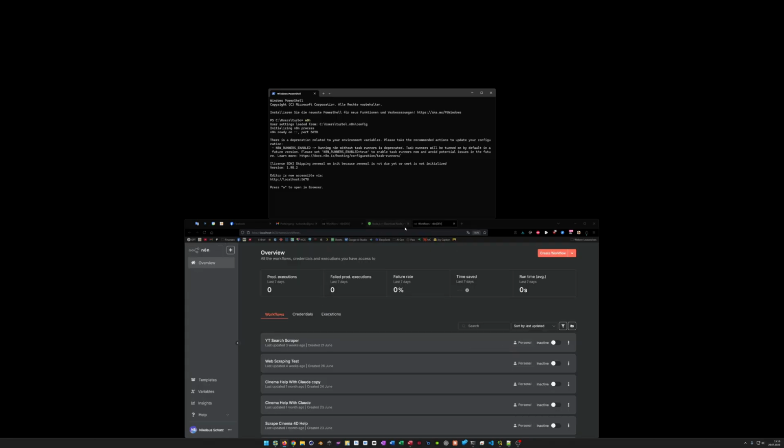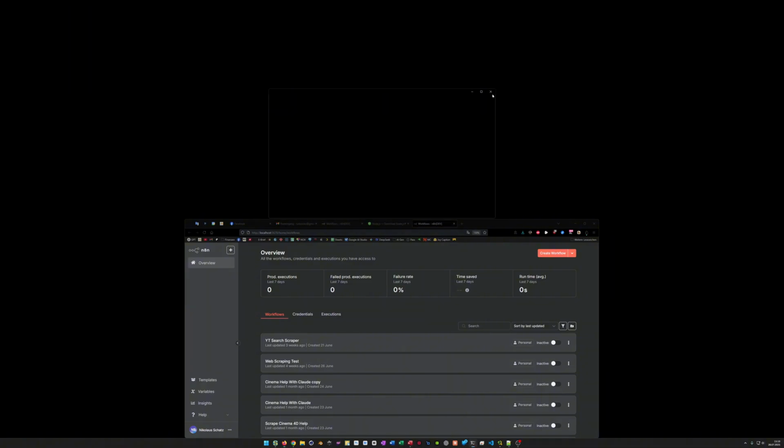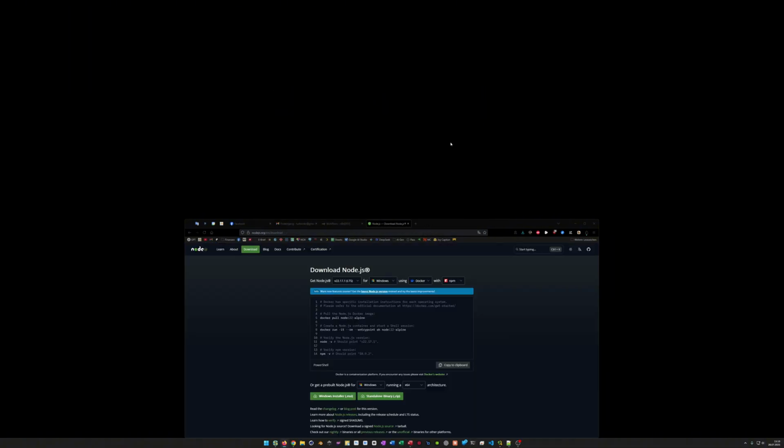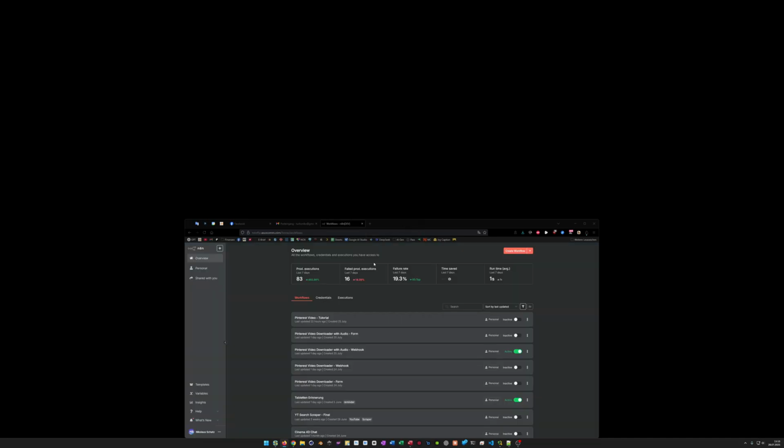So I close this one. I can stop this here with Control C, stopping n8n, and close this. You can simply close the terminal window, and then it will close automatically. So this we don't need. Let's say now we have installed everything. Good. What we can do now is